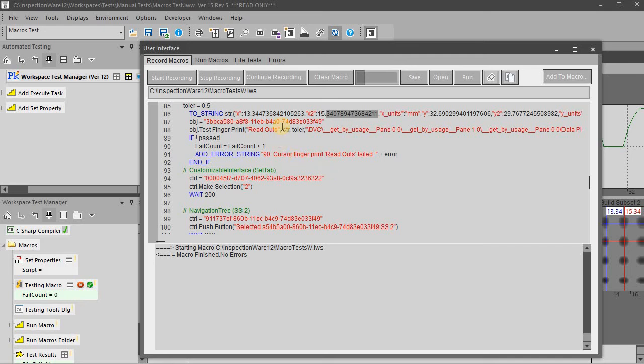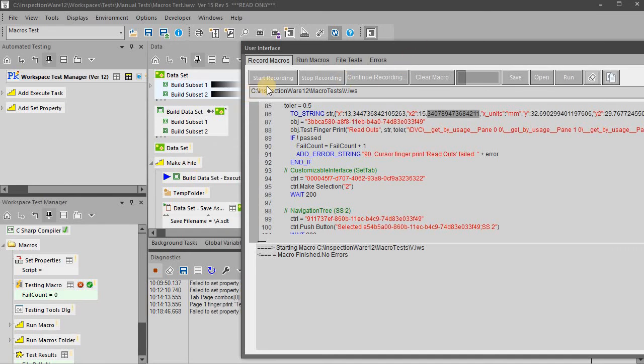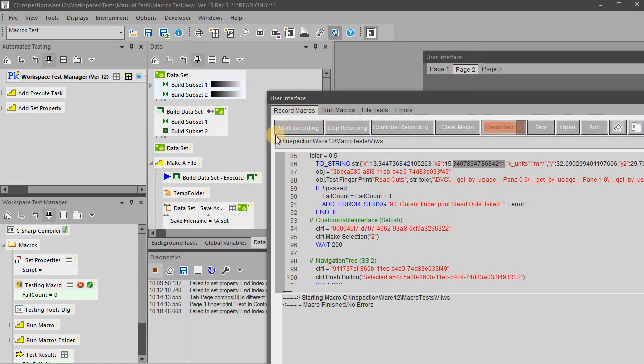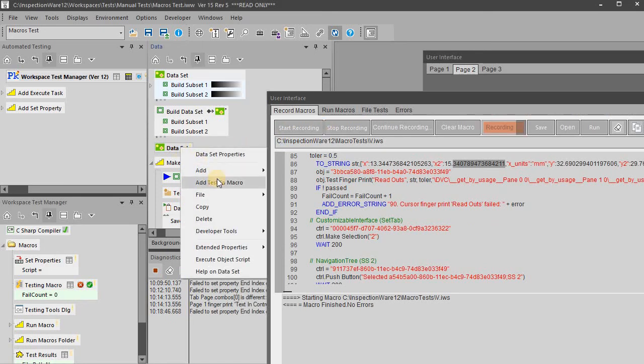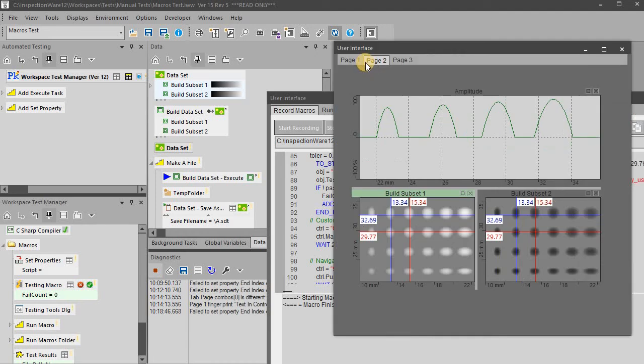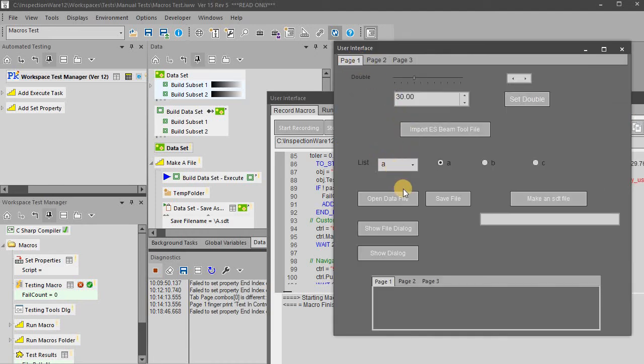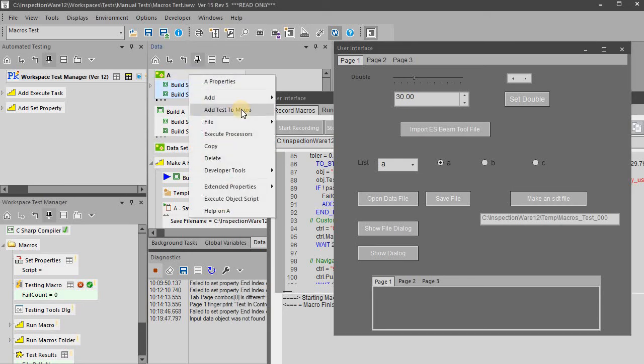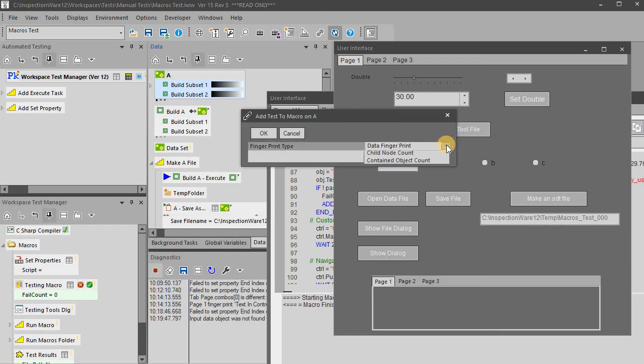Okay, so doing your test runs, we've recorded our macros here. I should probably say too, hunt around when you're recording, you'll see a lot of nodes have an add test to macro. So we'll do another test here. We go back to this page. This button runs this build sequence here. So that's made that data set, and then you can go here, do your add test to macro, and there's